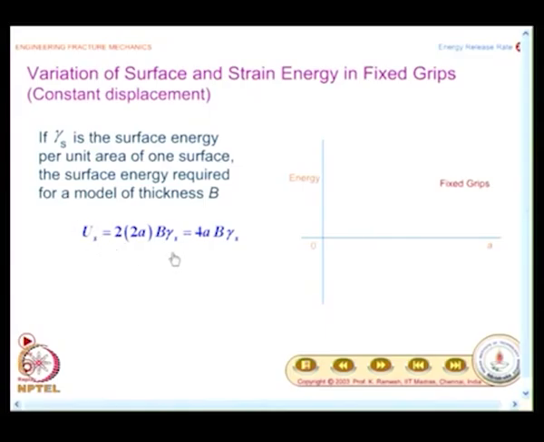And if you look at this final expression, it turns out to be 4a B gamma s. It is a linear function of the crack length. As the crack length changes, this would vary linearly,